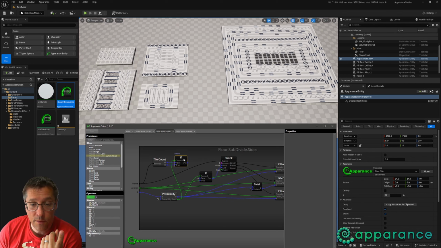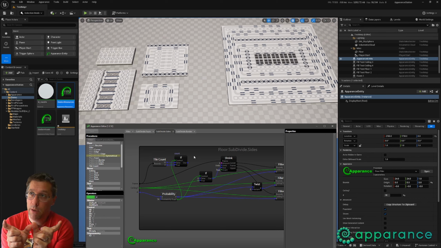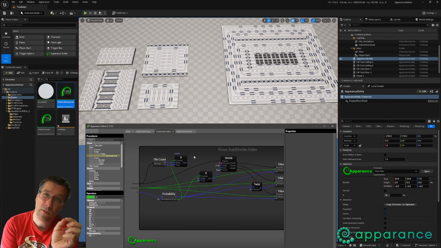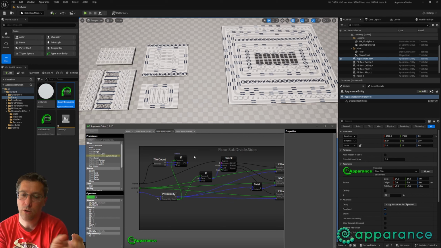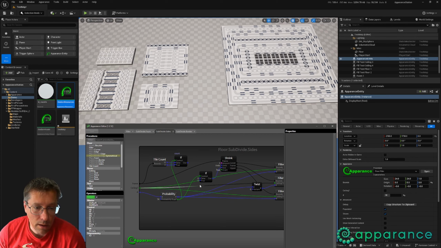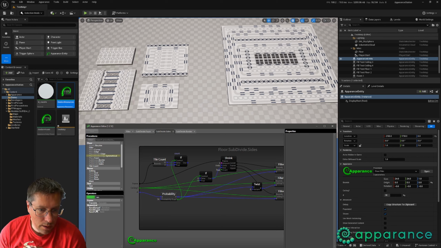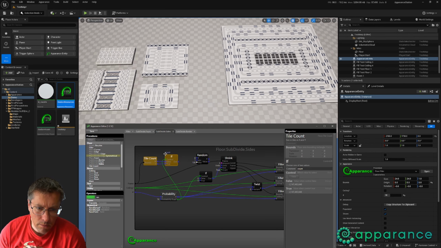Right, where was I going here? If we decide the minimum and maximum we could chop off the side, the maximum we could chop off is the width minus 1 divided by 2. We just round down, and the minimum we could chop off is 1. So we could randomize that and then feed that into the amount we're shrinking here. So we want a random value between 1 and